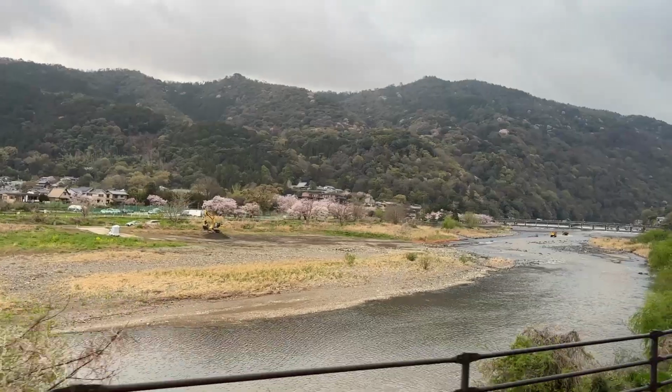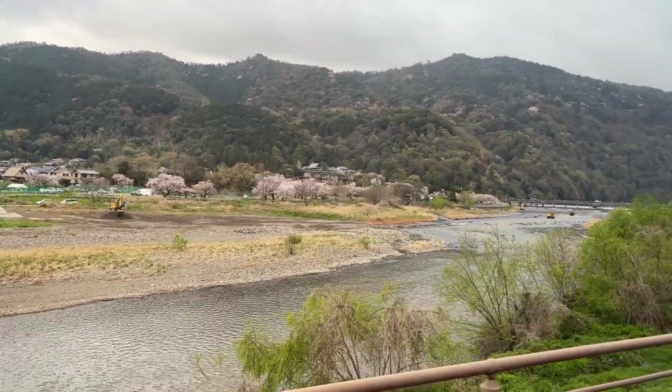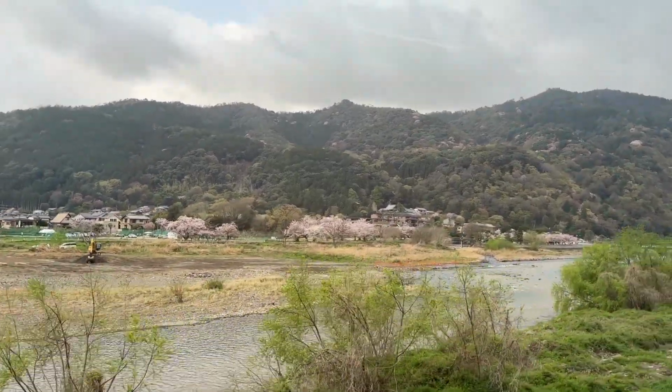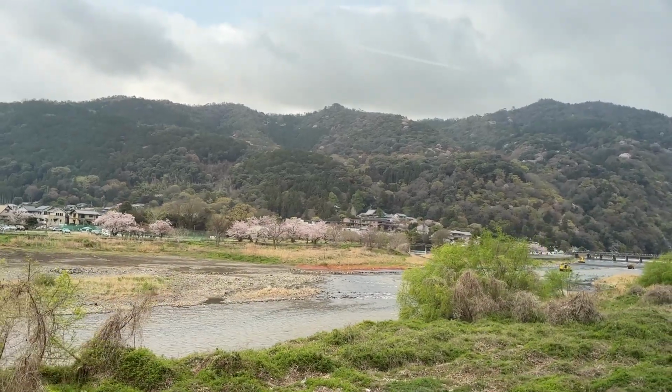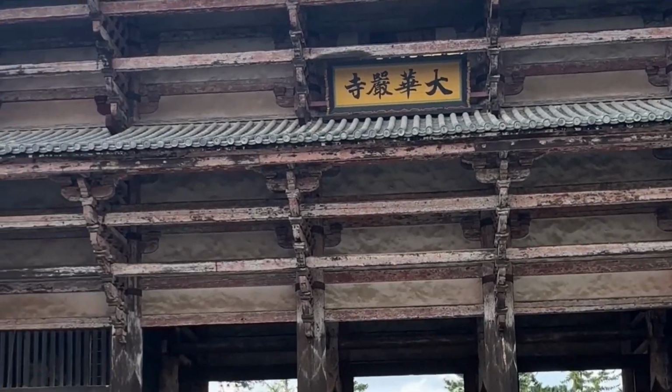Seeing the famous Sika deer is another famous thing here in Nara. But Nara is also a World UNESCO Heritage Site, with not only the park and the deer, but also some very important temples and shrines. And the most famous being